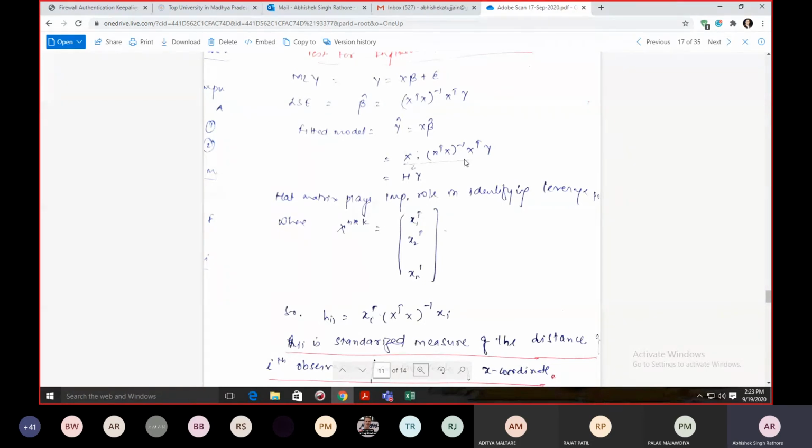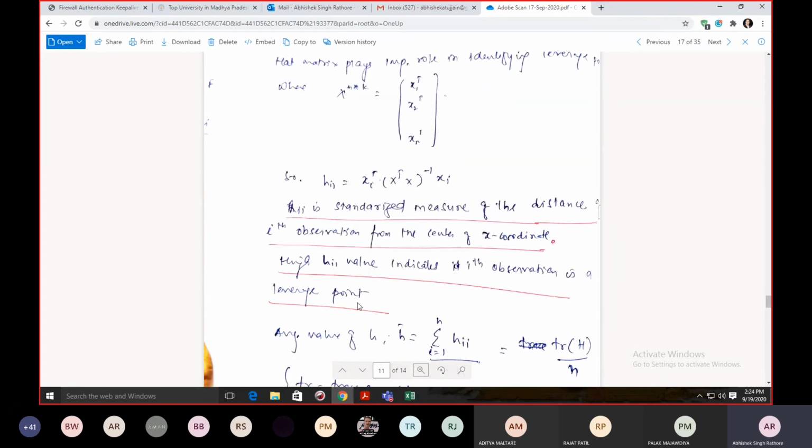So again, we'll just check your hi. You had calculated h over here. This is the h that is available, and we are considering each item here. Again, we are considering just the diagonal elements. These diagonal elements show that if you have a high hii value, it means you have a high x coordinate, and if you have a high x coordinate, it means you are getting leverage points.